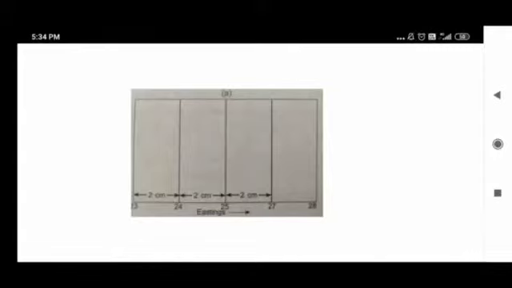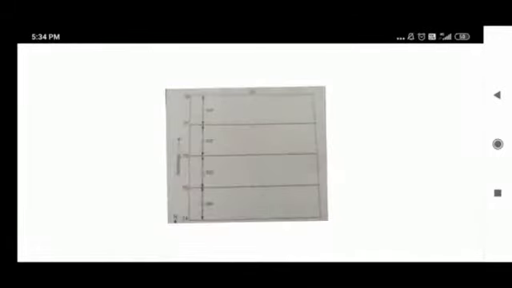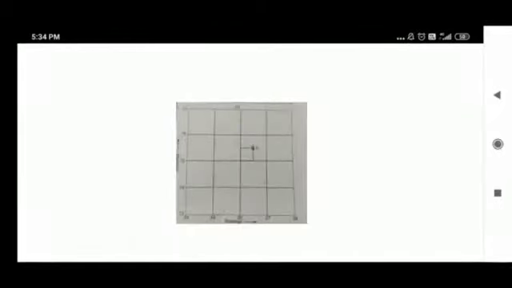The vertical lines which are numbered from west to east are called eastings. In the next picture you can see the horizontal lines which are numbered from south to north are called northings. This network of vertical and horizontal lines, the eastings and the northings, is called a grid. It is also identified as a grid reference. This you have studied in class 6 also.